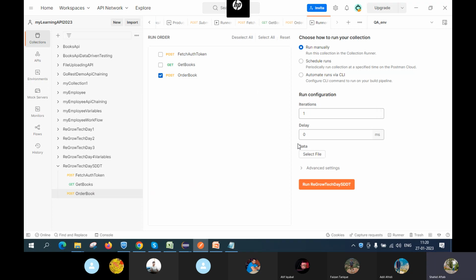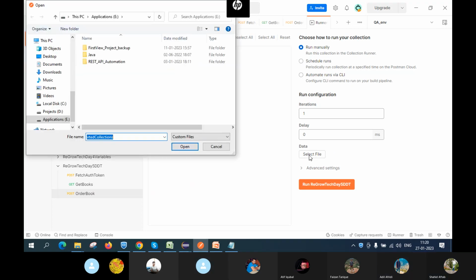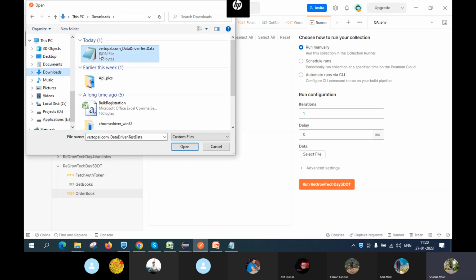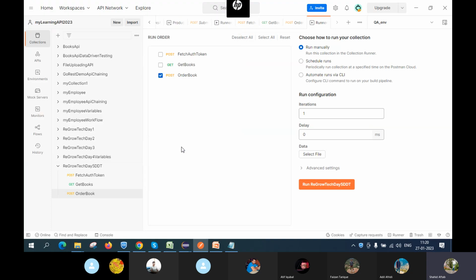Can you see this one, data? Guys, can you see this one, data? So if I click here, where my file is, it's in the downloads, and I will select this one. Are you able to see that this file is selected? And if you want to preview,